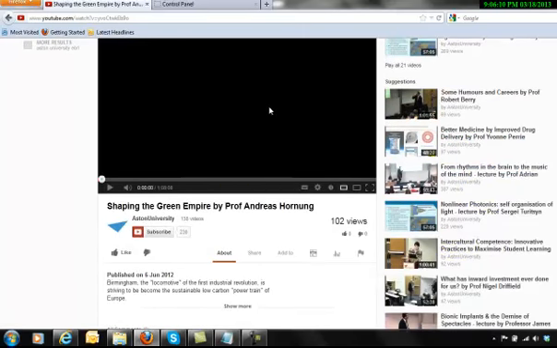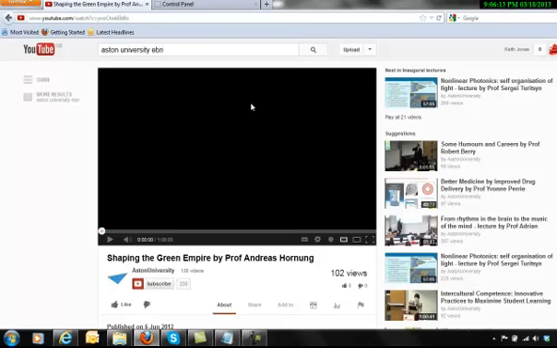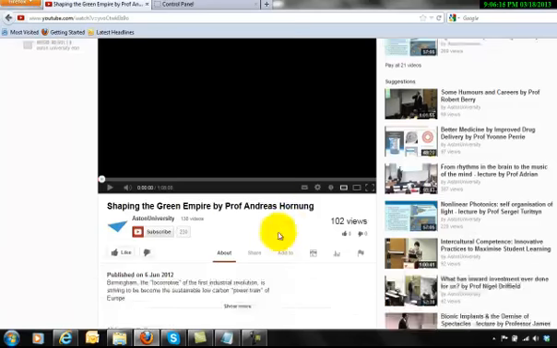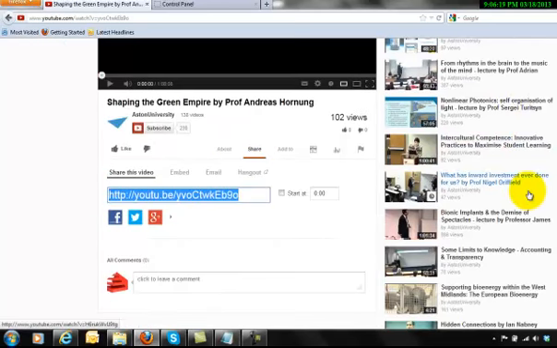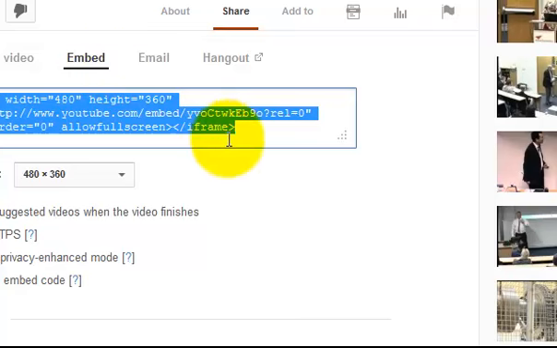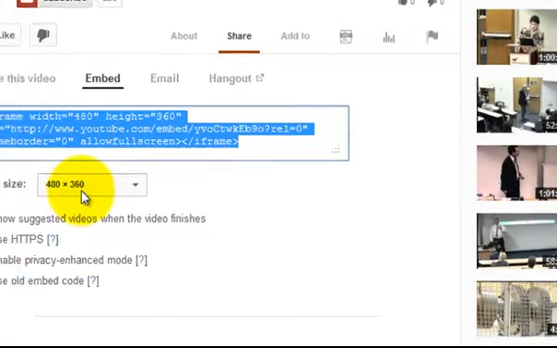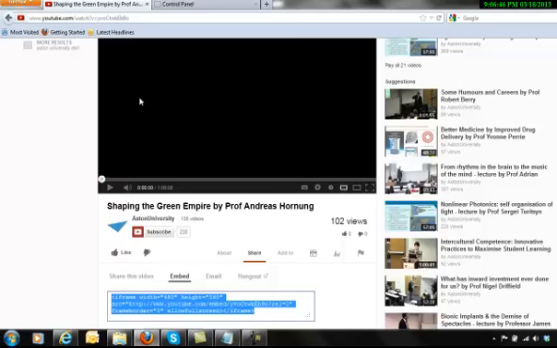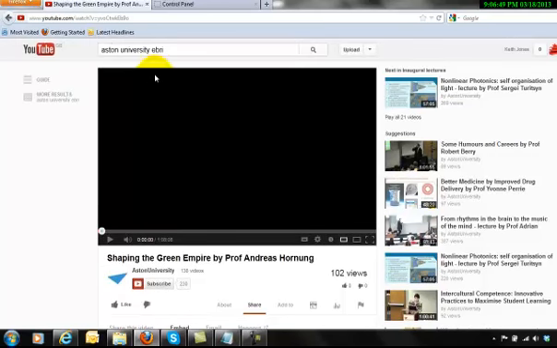Now, any video that's uploaded to YouTube and it's in the public domain can be shared or embedded in a web page of another website. And to get to that I click on this area here called share, and then I need the embed code, which is actually here. So this by default is set up for 480 by 360. There's pixels, that's the actual width and the height of the video,